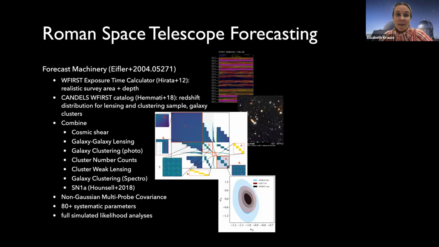And we have gone through very detailed forecasting, starting from the exposure time calculator for realistic survey depth and area, going through the Roman catalog to get a redshift distribution for a lensing and clustering sample and galaxy clusters. And then in addition to 3x2, we also combine cluster number counts, cluster weak lensing, spectroscopic galaxy clustering and supernovae 1a, accounting for the full non-Gaussian multiprobe covariance between all these measurements. And in a full simulated likelihood analysis that marginalizes over more than 80 systematics parameters, we then obtain constraints for all these different individual and combined probes,